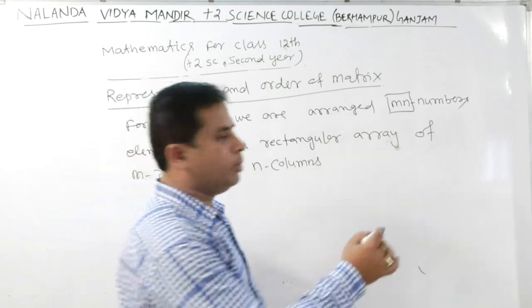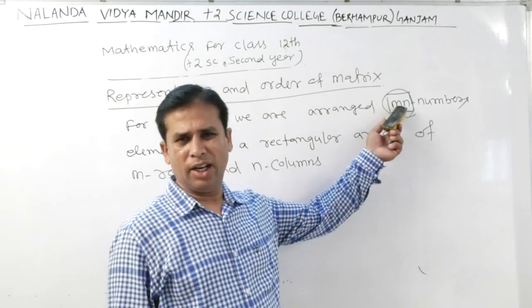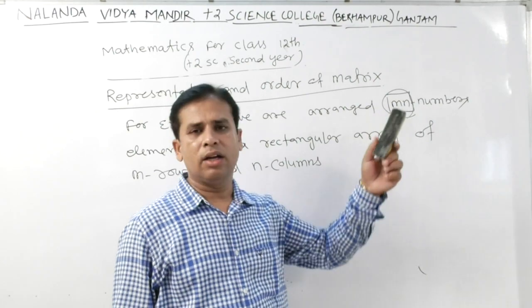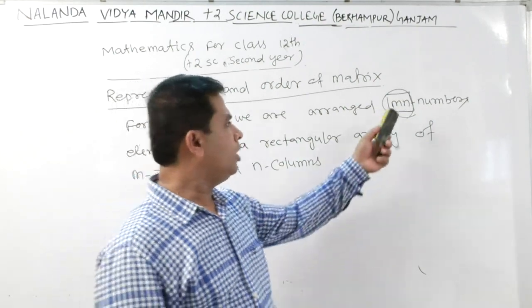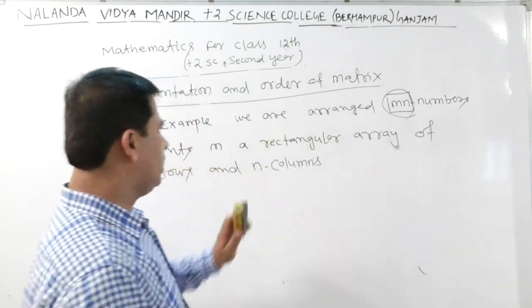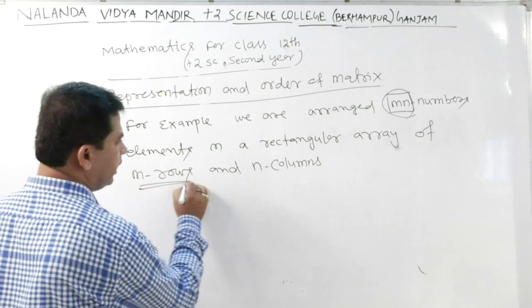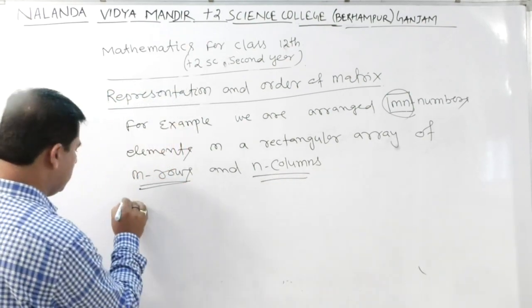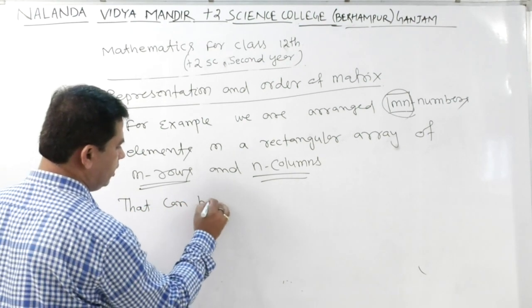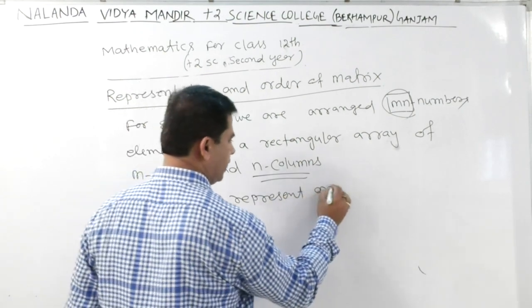How many elements can we arrange? Mn, where m is any natural number and n is also any natural number. We can multiply m into n. The total number of elements is mn. That number of elements can be arranged in how many rows? M rows and n columns. That can be represented or written